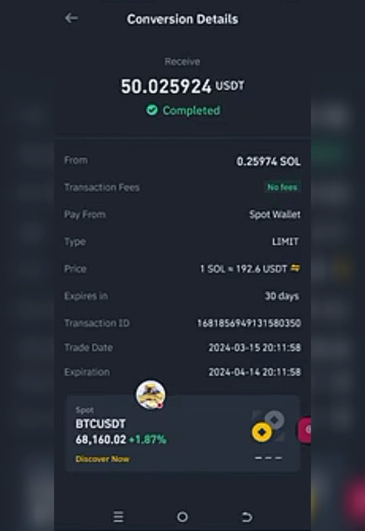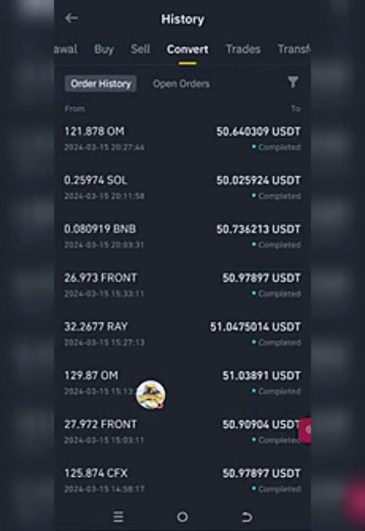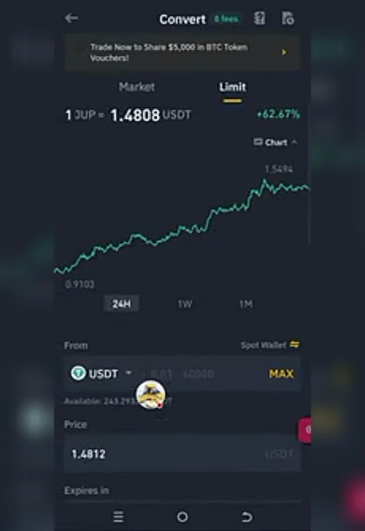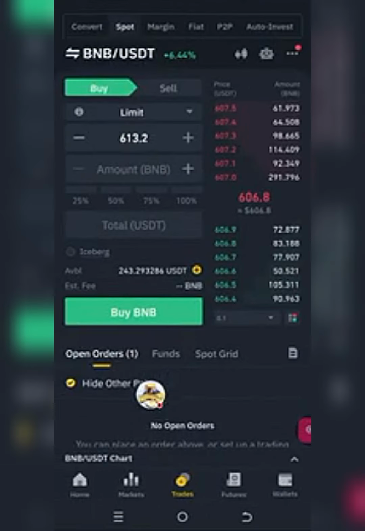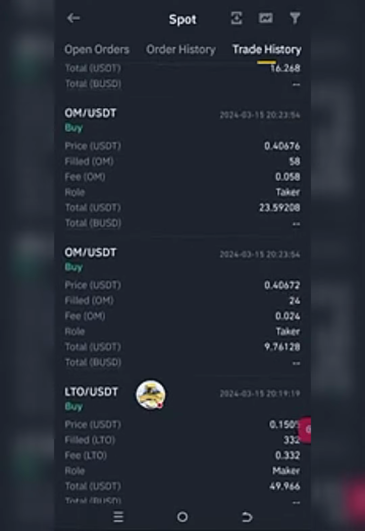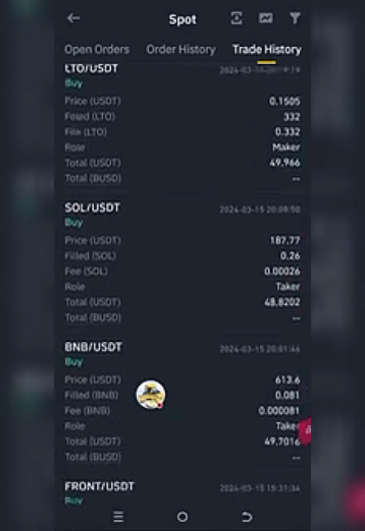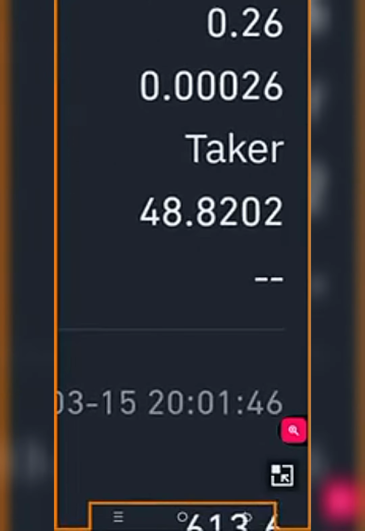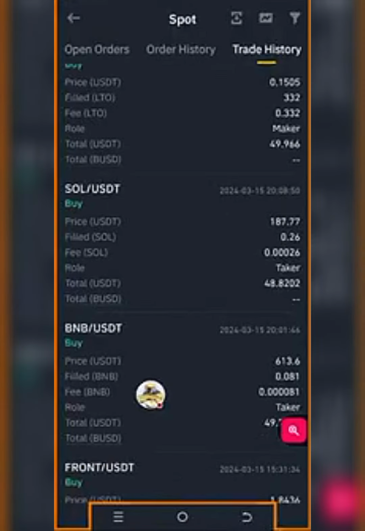50.02. Okay, yeah, 50.02. I was wondering what was the amount that we bought that we had to make this 50.02. Remember, go and see that in our trade history. Look at the trade history, guys. In the trade history, Solana, we somehow did not pick up so much. Yes, we only picked up 48.82. I don't know how that happened. Maybe I mistakenly put in the wrong figure. It was supposed to be probably 49.82. But anyway, 48.82 was all we bought.